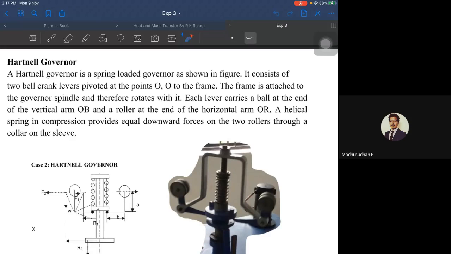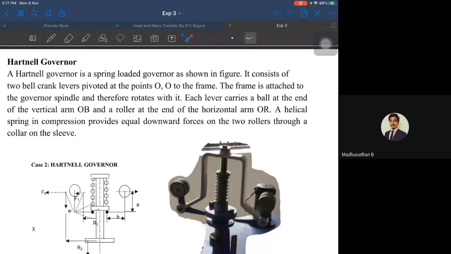The next one being the Hartnell governor. Hartnell is very much similar to the Porter governor. All the procedure is same. For every 10, 20, 30, 40, 50 sleeve height, you have to take the speeds. What are the speeds? Same procedures, same calculations, everything is same, except you have to change the setup, okay, that